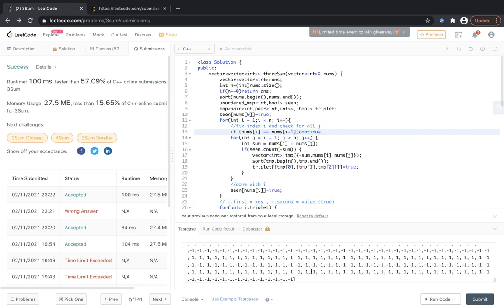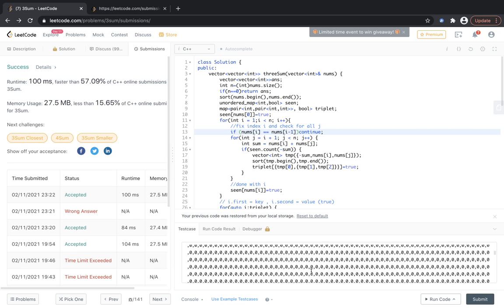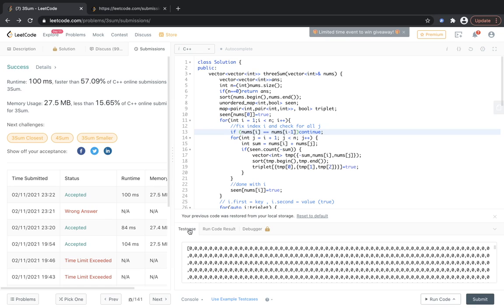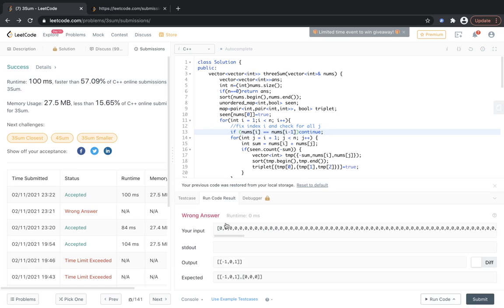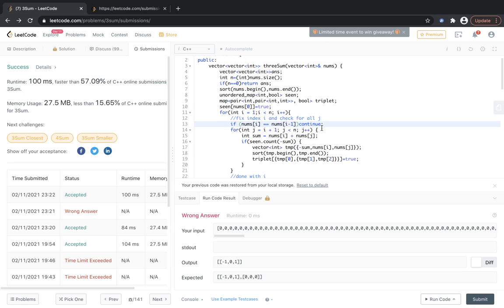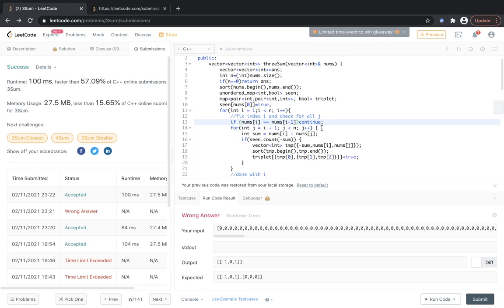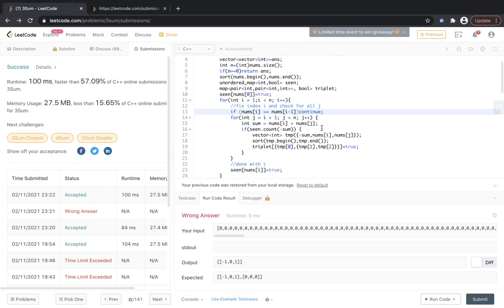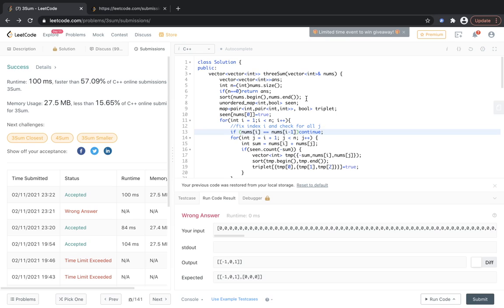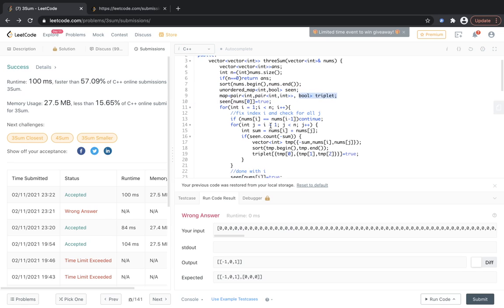So we have a series of minus ones and then zeros and then ones. For minus 1 it's working, but it is not working for 0. So sorting this, I am checking this in seen, and nums 0 is true, and this is the triplet.